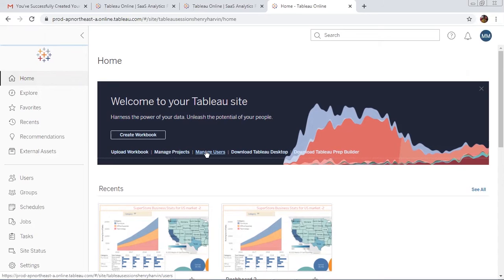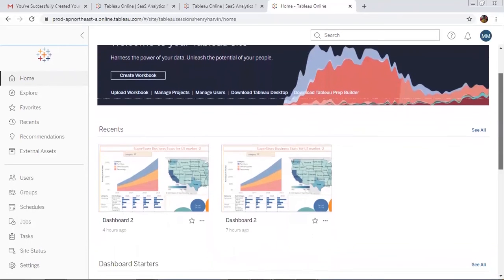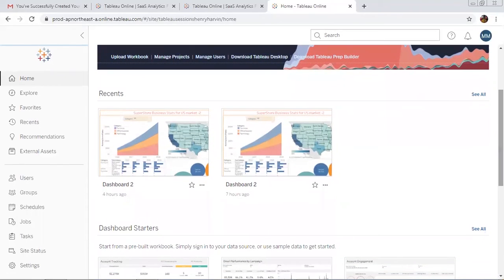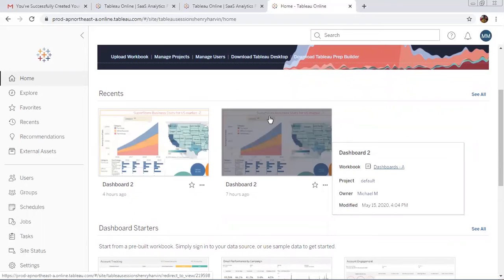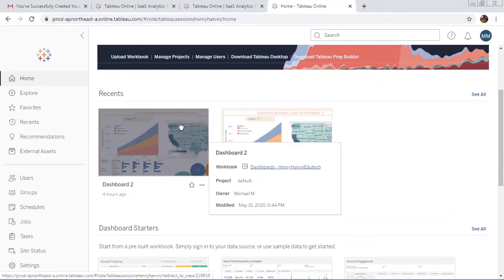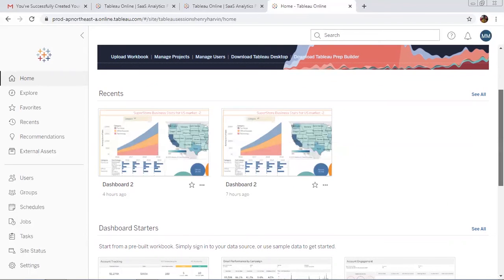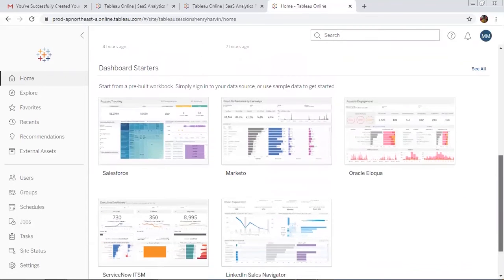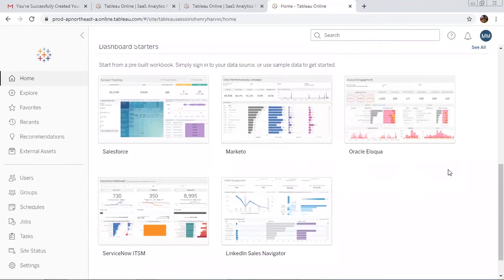I can add them and I can specifically assign them limited access the way I want. And if I want to download Tableau Desktop, the trial version, I can do that from here as well. Now these are a few of the dashboards which I had already published on Tableau Online, so they are visible over here. And then these are some predefined Tableau starter dashboards created by the Tableau company itself and available to us as samples, so we can refer to these when we are creating our Tableau dashboards or worksheets for the first time. These are samples, so you can use them.